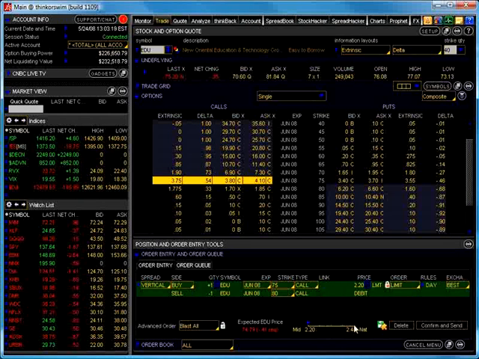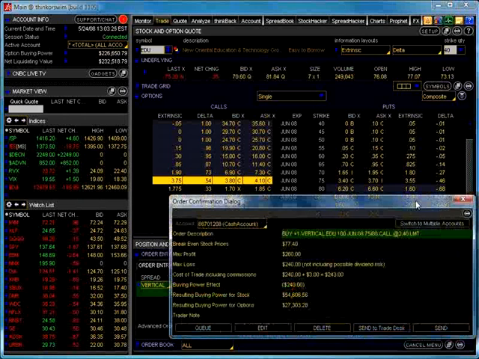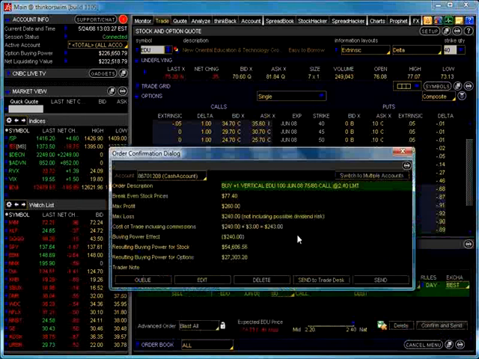Now, for an example, we're only using one contract here, but let's go ahead and confirm and send this and bring up that dialog box. It will cost us $240 if we were paying the retail price, which is the natural price for this, plus a $3 commission, and it will cost us $243 to enter this order. As I mentioned, if we're paying $2.40 or $240